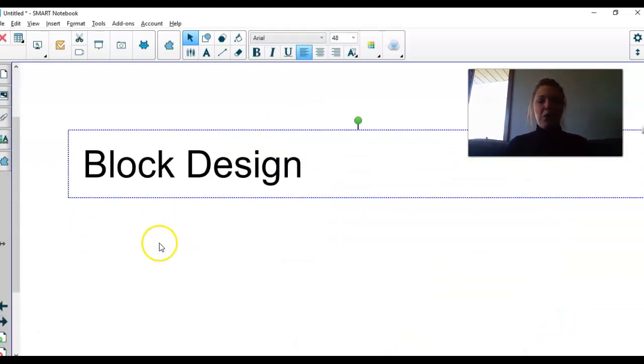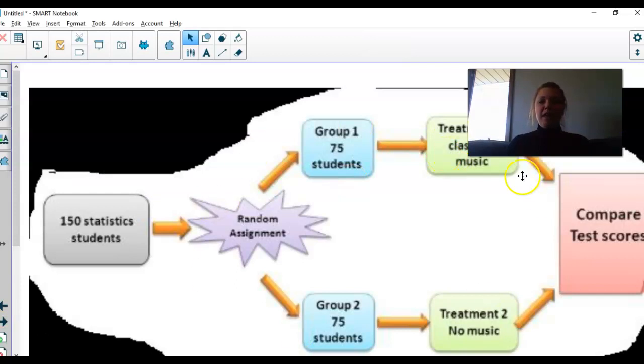Okay, next one, I won't go as fast there, I'm sorry, is the block design. That's where you take a completely randomized experiment, but before you give the treatments to everyone, you break up these kids here, or whoever the subjects are, or the experimental units, into certain blocks first, okay? So in the example that I have here to show you,